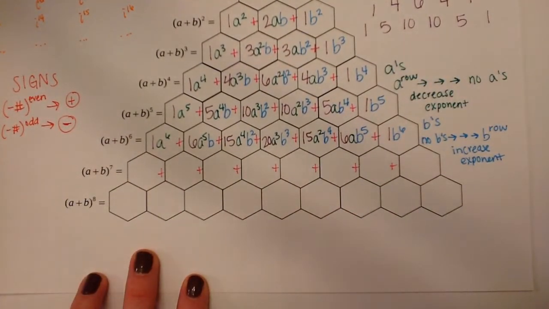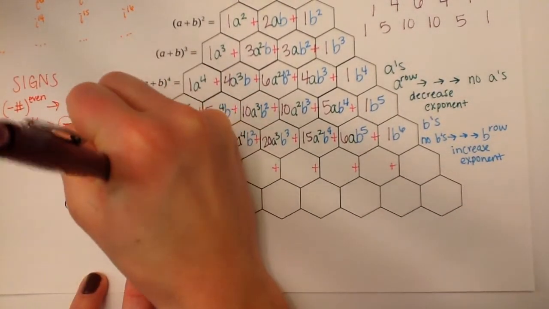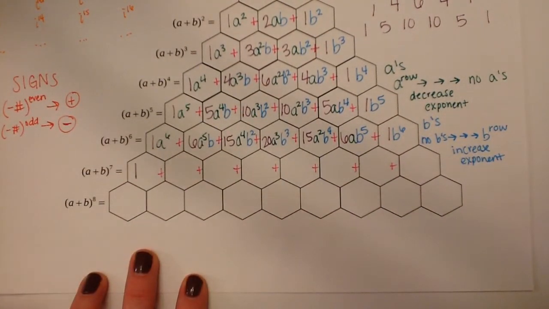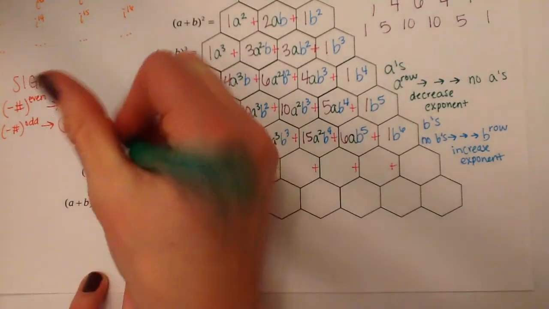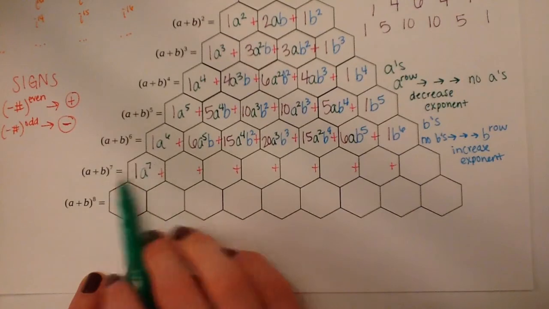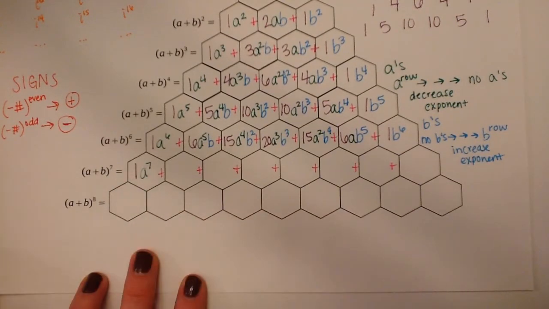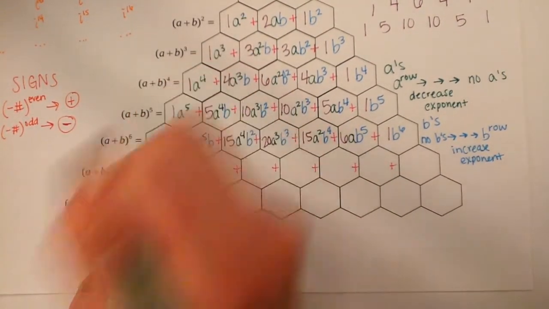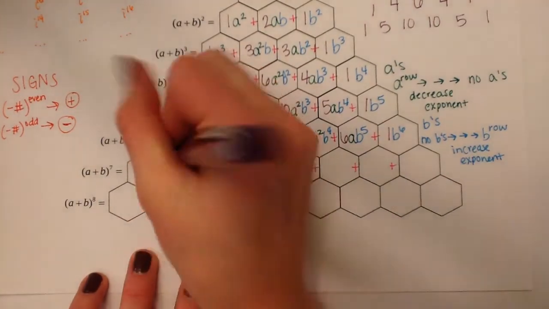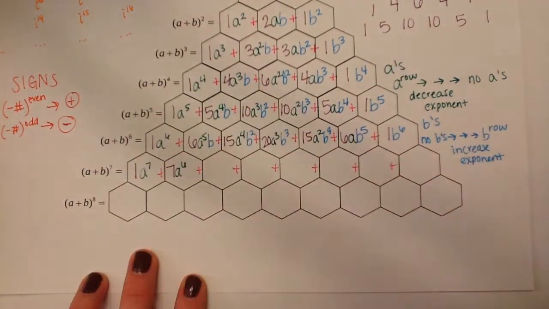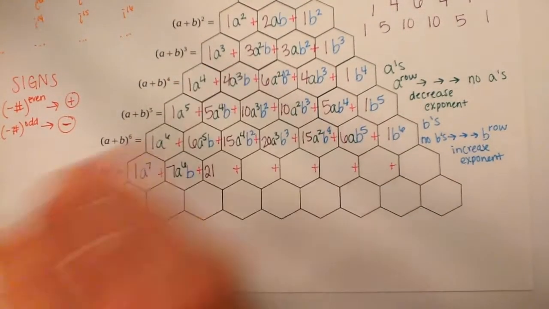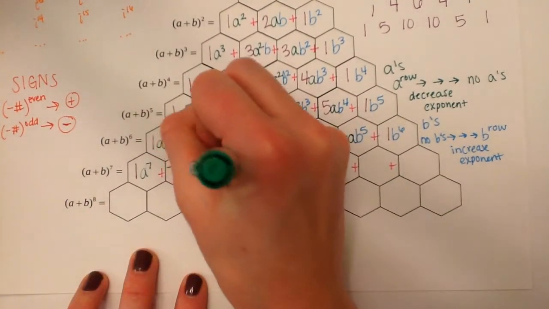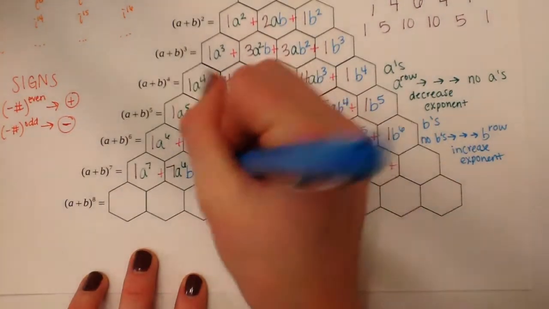Alright, so we start out with 1 a to the 7th. So we start out with a to whatever row we're looking at. So a to the 7th plus 7. We know our a is going to decrease, so we're going from 7 to 6, and our b is going to pop up for the first time. So 7 a to the 6th b, plus 21, we're going down another one, so a to the 5th, and with the b's we're going up one more, so b squared,